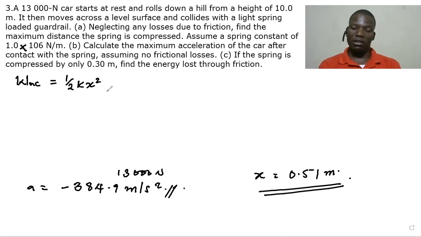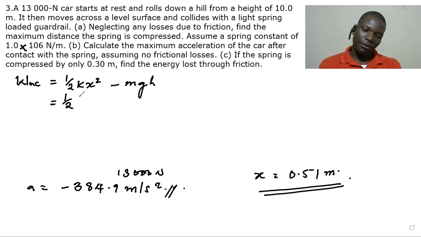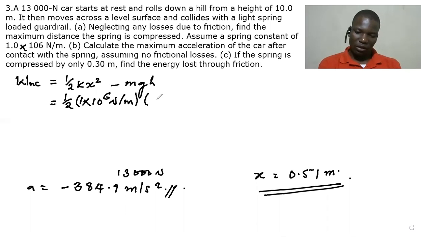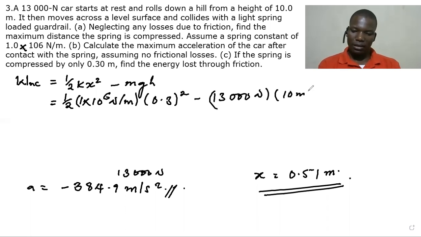If you have been following from the first question that we answered, the only energy that we have as the final was elastic potential energy, minus the gravitational potential energy. That was the only energy that we have in the initial state. So we have K is 1 by 10 to the power 6 Newton per meter, and it's compressed only 0.3, so squared, then minus the mass. So the mass, and this is actually the weight, so we have minus 13,000 Newton times height, which is 10 meters. So what we're going to have here now is